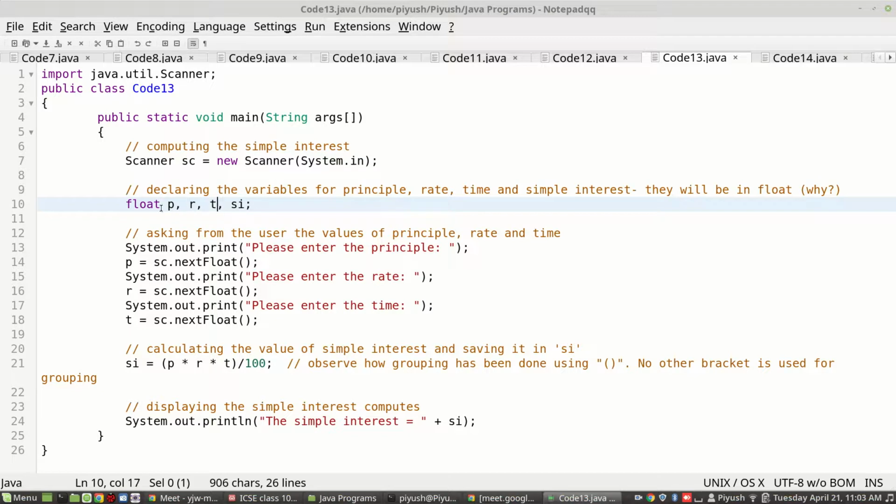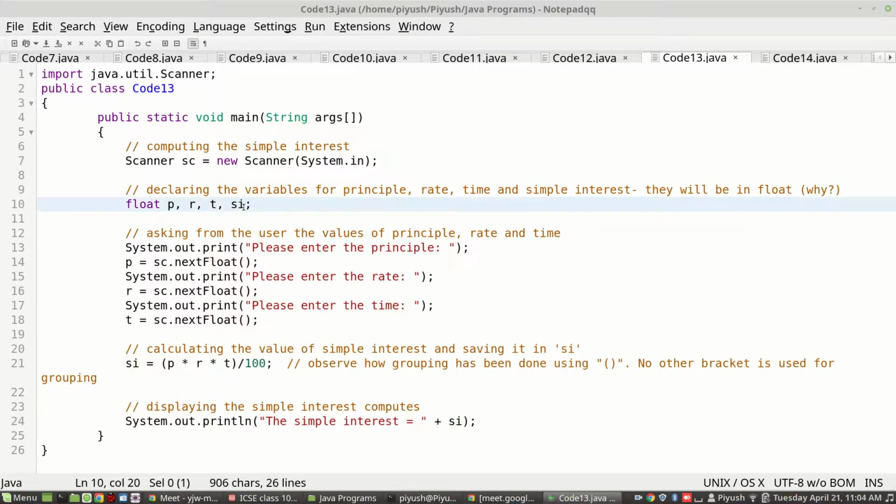So all of them can be in decimal notations. So we are going to declare the three variables as float type. Okay, so we will create first three variables of floating type, and a fourth variable si, which will be computing the simple interest and storing the result.